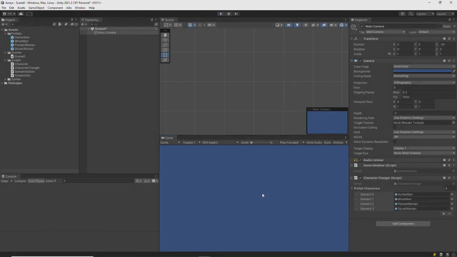I want to show you one more thing before we end this lecture. While it's often useful to populate elements of the array from within the editor, sometimes we'd rather just do it from within the script instead, especially if we have lots of prefabs to populate or something like that. So I'm going to change this so that we actually load these prefabs into our array as the script runs